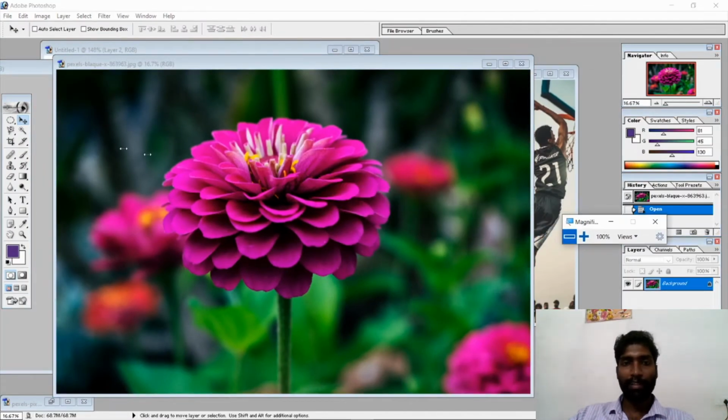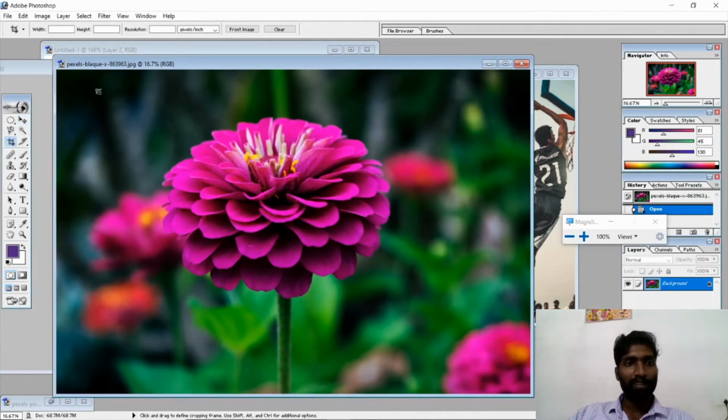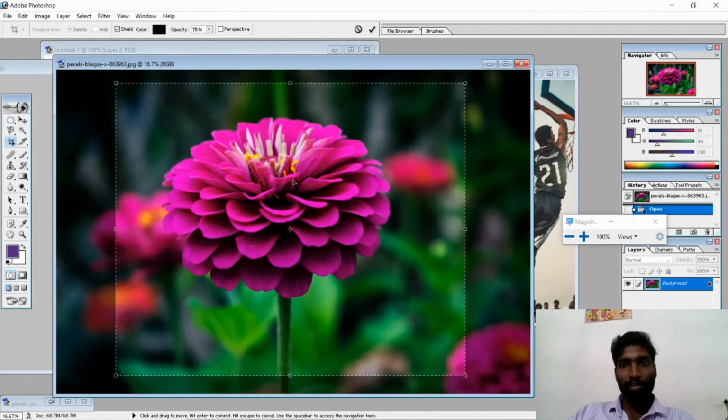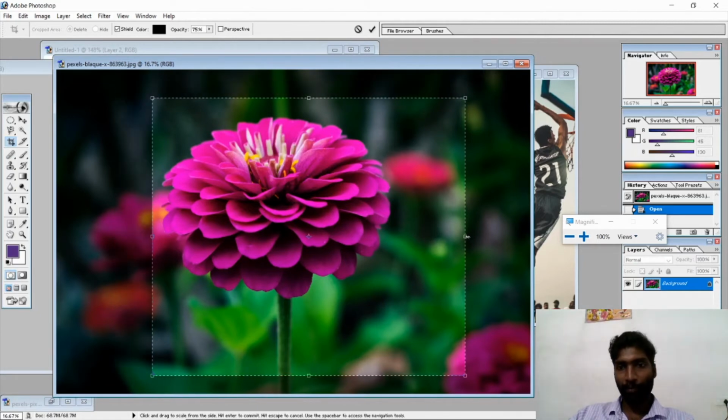After selecting that, kindly see, just now my mouse cursor shape, you can click and drag, only this much. Now see, this particular object is selected. If I want to reduce or increase the size, I can make it.